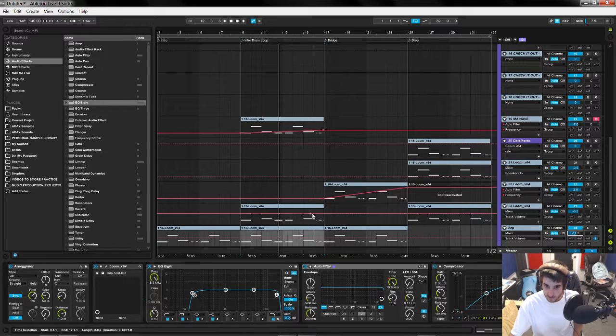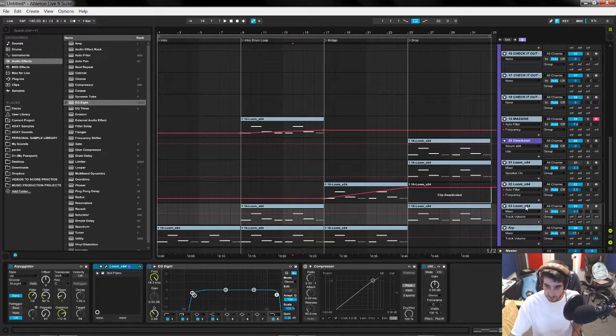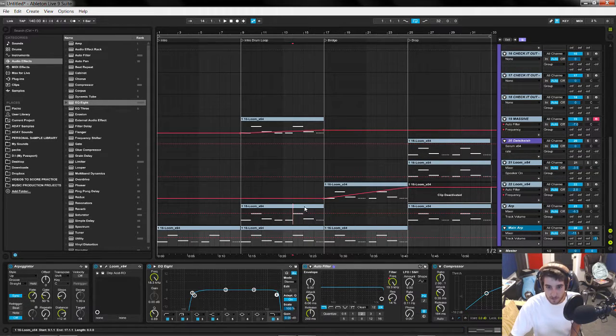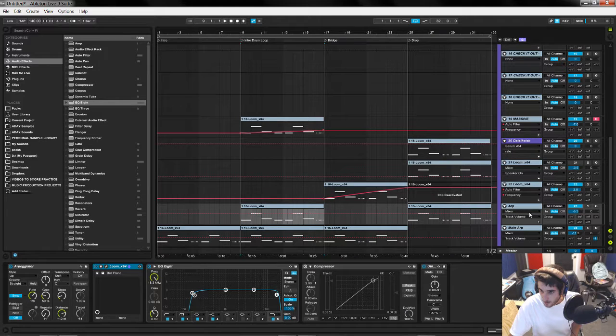Cool. This is actually gonna sound cool layered if I EQ them so they can fit together. So ARP, main ARP, I guess, since we use this more often throughout the song. EQ. So this one hits.